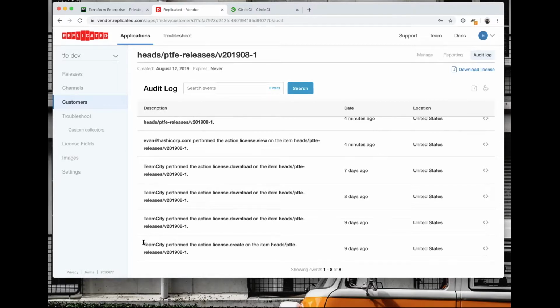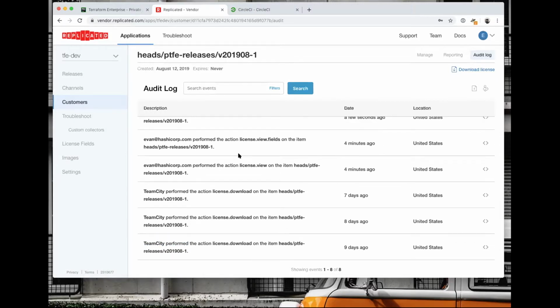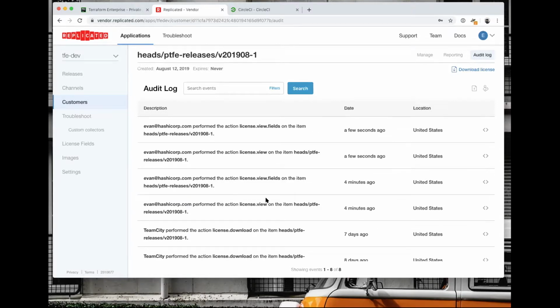In this particular case, you can see this is the CI service going off and creating the license and downloading it and doing a bunch of muckety muck with it. But you can also see that I was coming in here and potentially making a mess, hopefully not. We've used that in the past to figure out who was doing this and what happened there. We've definitely used that before.